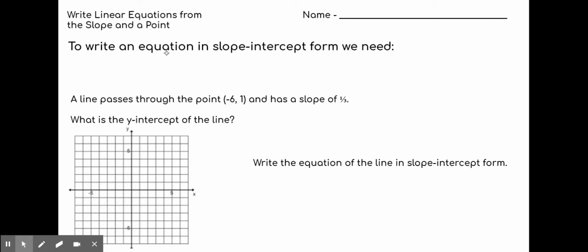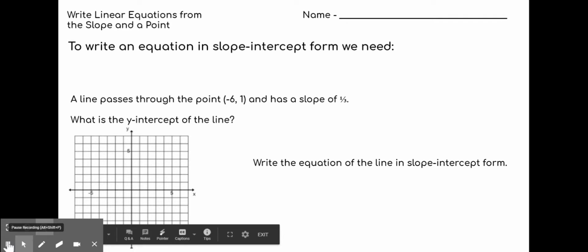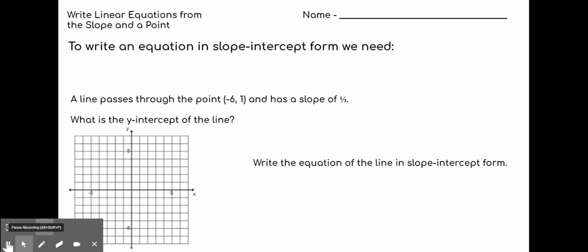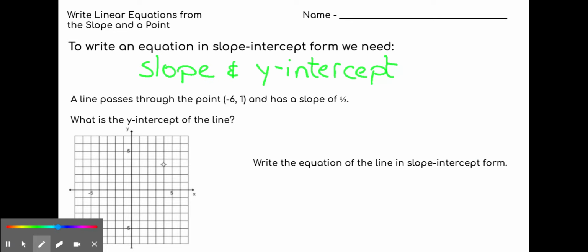Now, let's review what we've already learned. To write an equation in slope-intercept form, we need two pieces of information. I want you to take a second and tell me what those two pieces of information are. So I hope you remembered that we need the slope and we need the y-intercept in order to write an